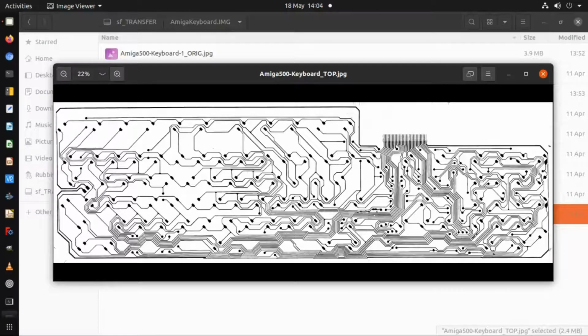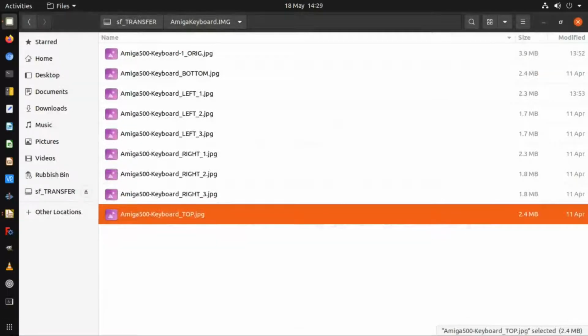I've managed to get it as parallel as possible, and this turned out to be just good enough for actually using, but I still had to get it into a format which could be read by KiCad. I think the only format, at least with the version of KiCad that I've got, that you can import is a .dxf file. So the way I found to convert this JPEG file into a DXF file is